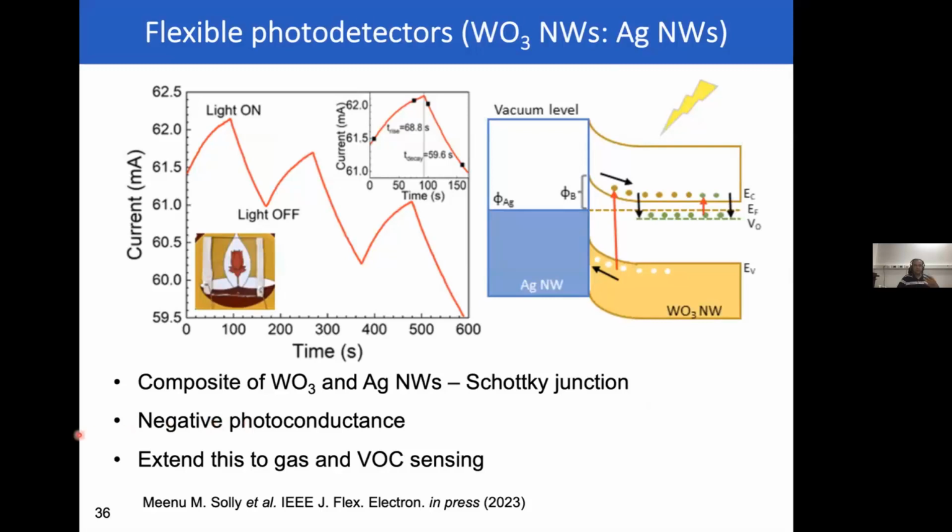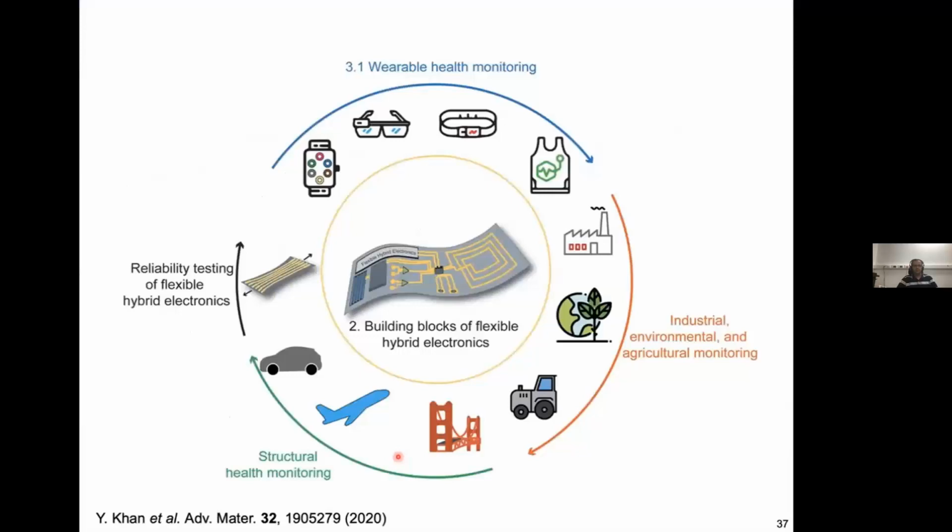Interestingly, materials like zinc oxide, tungsten oxide, nickel oxide are also used for gas sensing. The question is, can we actually use these sort of composites for gas or even volatile organic sensing? Because that can essentially take us into the biosensing area. So again, we are doing some experiments to see if we can actually combine silver nanowires with some functional materials, so we can get some really interesting applications out.